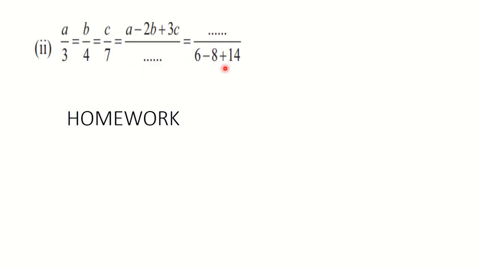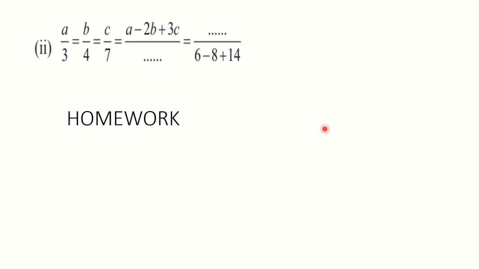Similarly, now you have to observe the numbers. Here you have 6. So 3 2s are 6. That means here you have to multiply by 2. Here you have minus 8, and here you have 4. 4 2s are 8. So here you have to multiply by minus 2, or simply you can multiply by 2 also. But while writing you should be very careful. And here 14 is given. That means here also you have to multiply by 2. So everywhere you have to multiply by 2, and while writing use the minus sign for the middle one, or while multiplying here you can multiply by minus 2 and then you can add. So similarly you will solve this sum as homework.